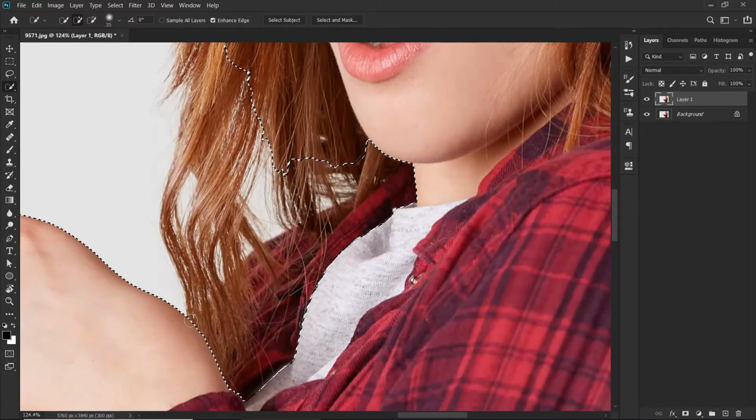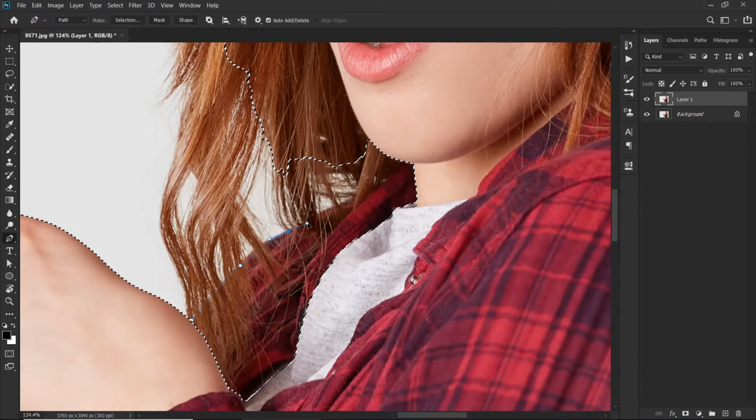Yeah, that's fine. Now let me just quickly grab the pen tool by pressing P, and I will just quickly make a rough selection, so as to demonstrate. You can take your time to improve your selection, so make sure you know how to use the pen tool, as it is one of the most powerful selection tools you can use in Photoshop for making selections. Okay, so let me just remove this point. Yeah, that looks great.